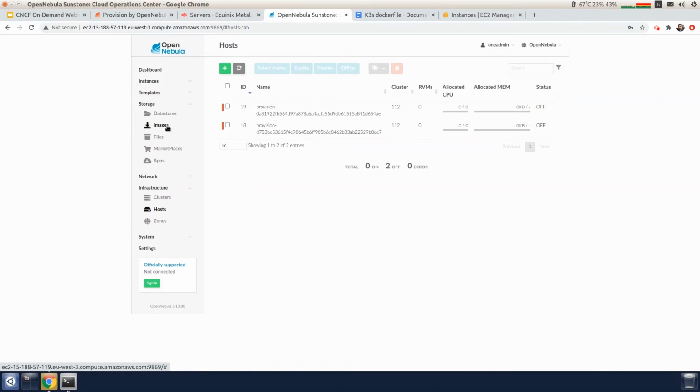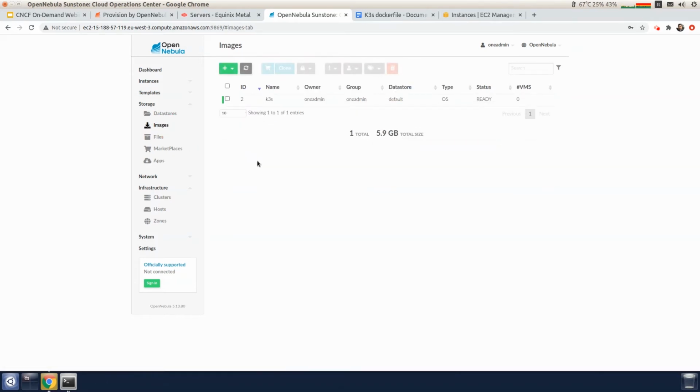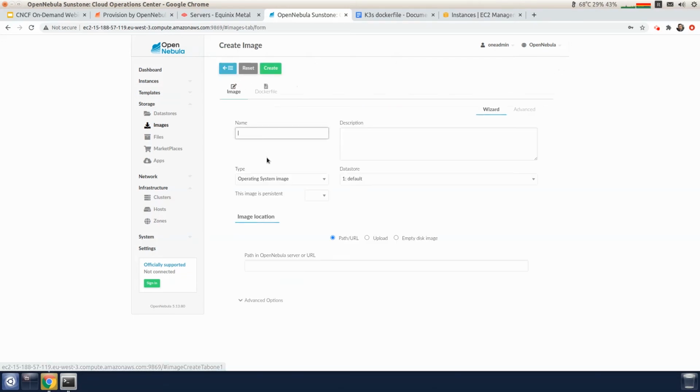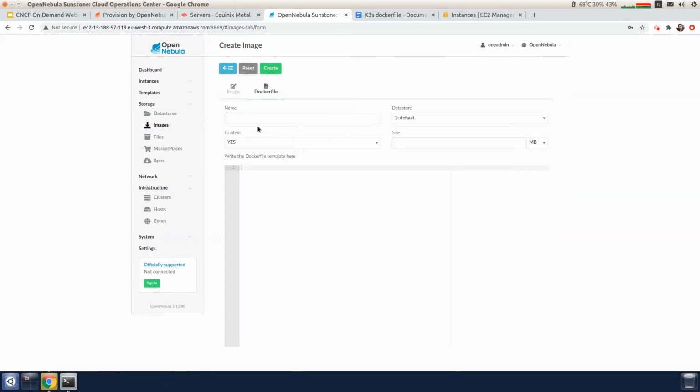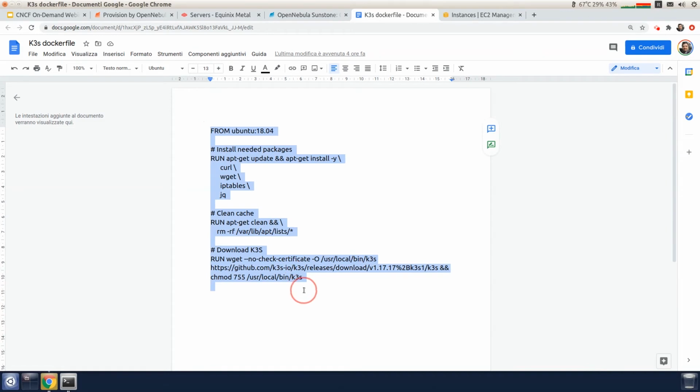Then let's see how we can deploy a Kubernetes cluster once we have a cluster available. So first of all, what we have to do is to create an image, a Docker image, and import it in the data source in OpenNebula. Here I already imported a K3s image. I will show you how you can create an image starting from a Dockerfile, for example. So let's call this K3s new, and here we can define the size, and then here I have a Dockerfile